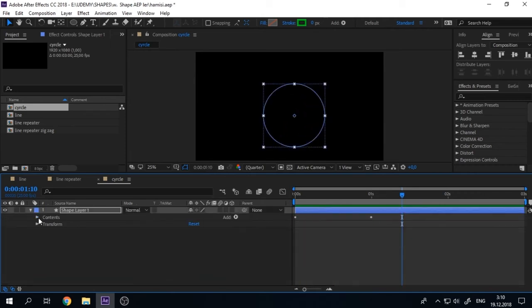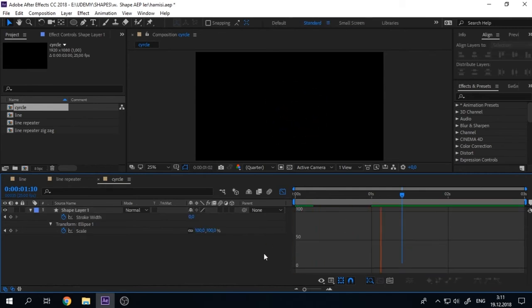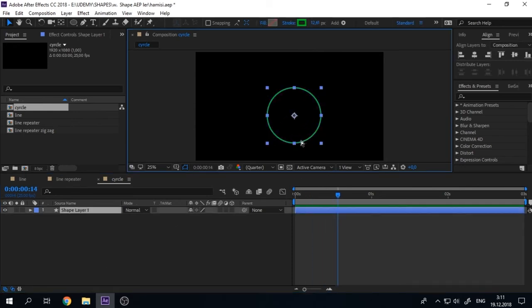Now click on shape, press U on keyboard to open all keyframes. Select all, press F9, go to graph editor and make a curve, something like this. Okay, let's see what we get. Excellent. I will explain why we did not use the scale of all layer, because we will duplicate it and